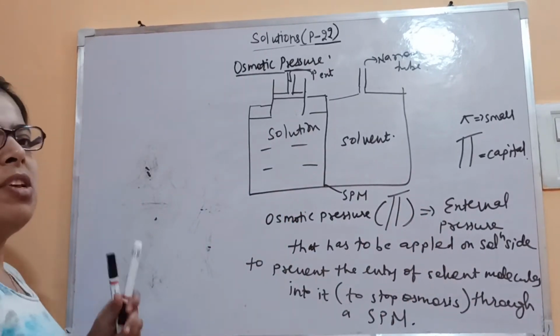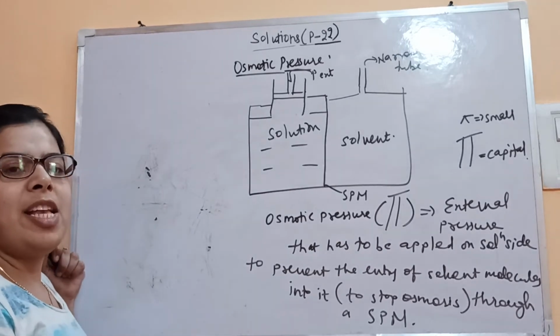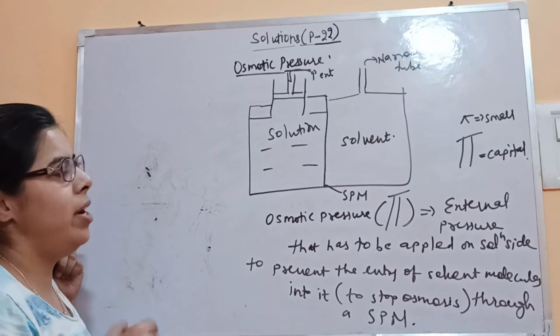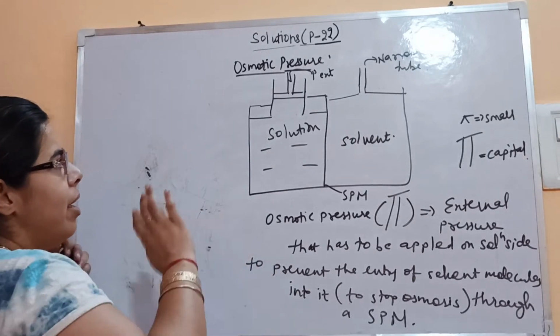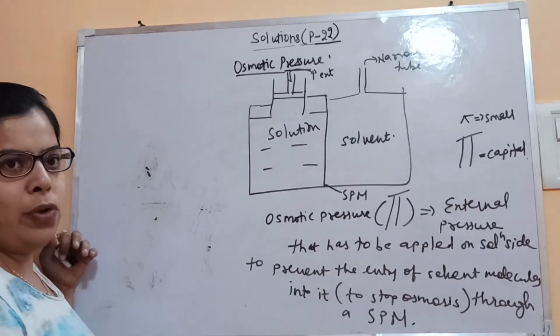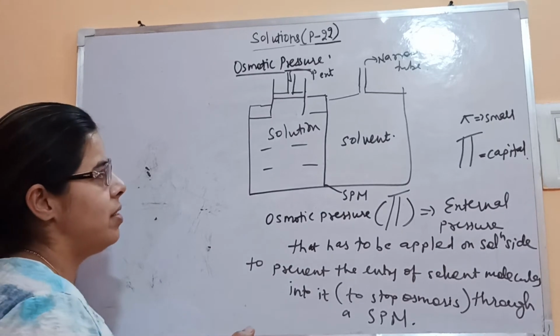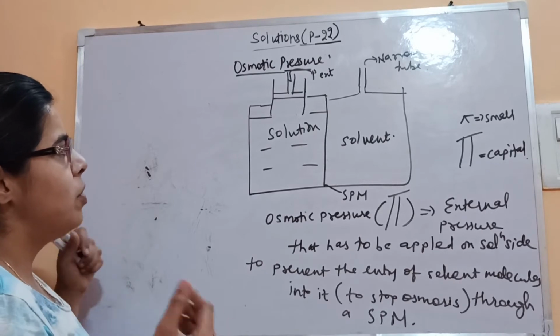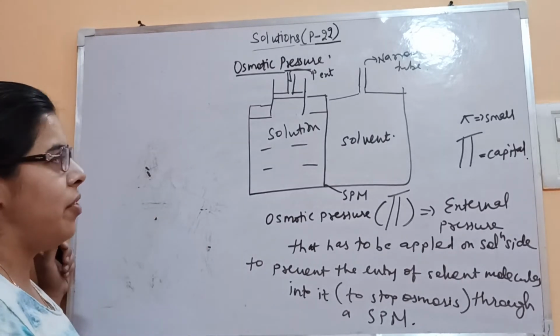One, we have defined it in terms of hydrostatic pressure that has been developed due to osmosis at one particular temperature, at a given temperature. And here, when we are talking in terms of our solution, there is a difference in the vapor pressure. So here we are defining it in terms of two different solutions having different concentrations.